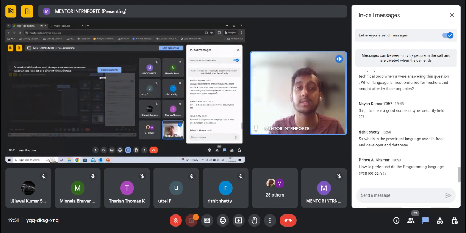Usually it's C++, Java, and Python which most people take. Most people learn these to do their technical interviews and LeetCode. But it's really up to you. It depends on what language you are most comfortable with. So it is a personal choice, but these are the three most common languages.